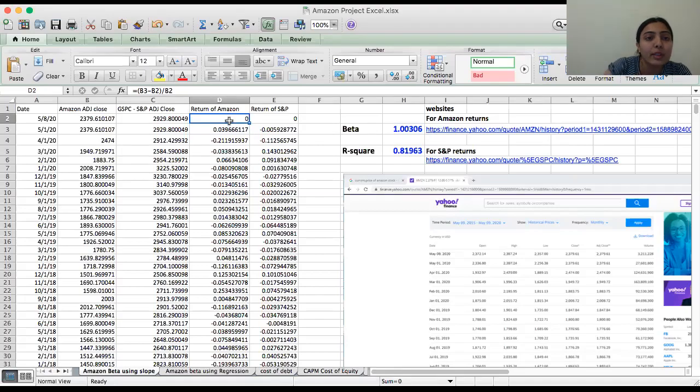we have to deduct the previous year's price from the current year's, divided by the previous year's, and we have to apply this formula to all of Amazon's adjusted close, and the same formula we apply to the S&P adjusted close. Once we get the return of Amazon and the return of S&P, we apply the slope function in order to get the beta. For the slope function,